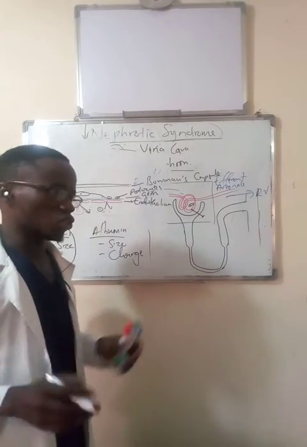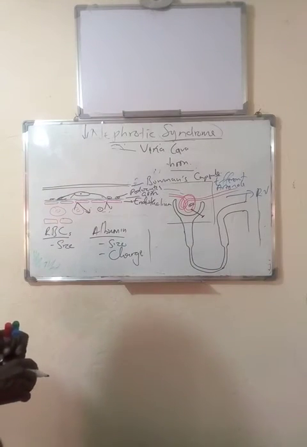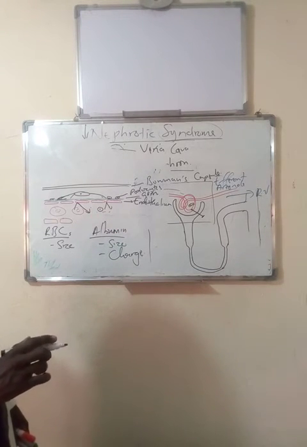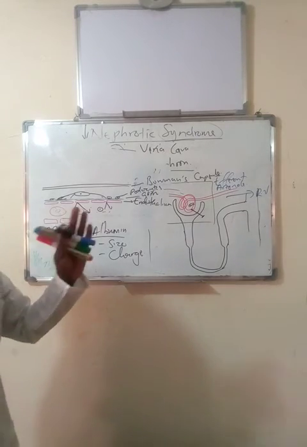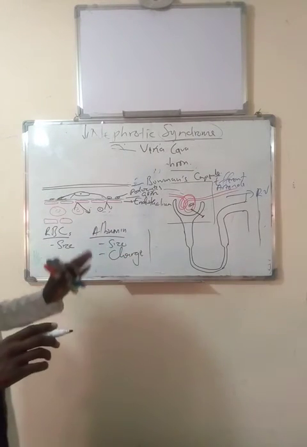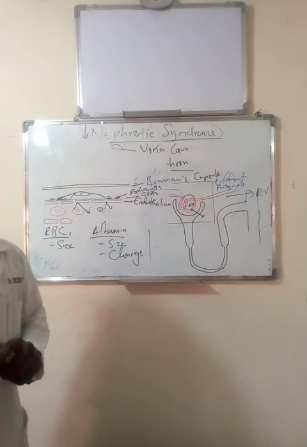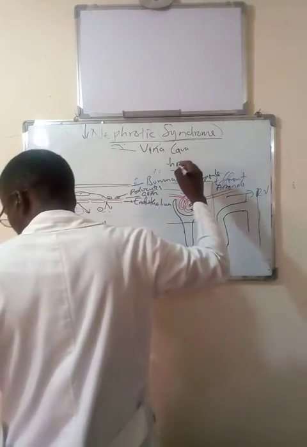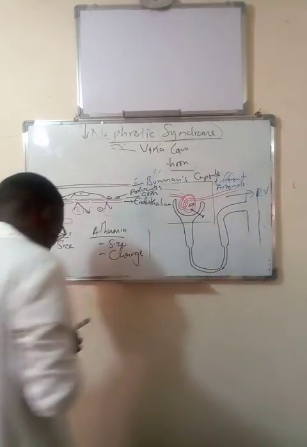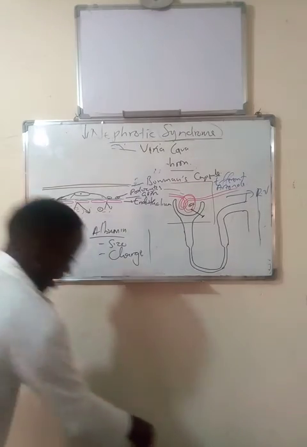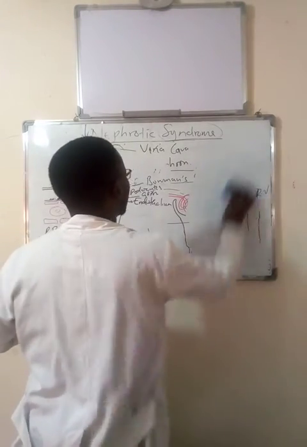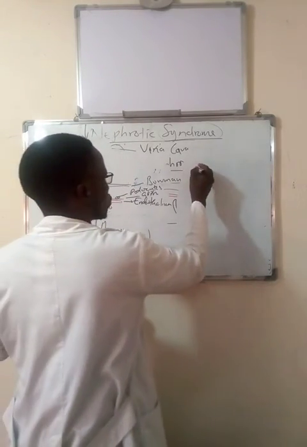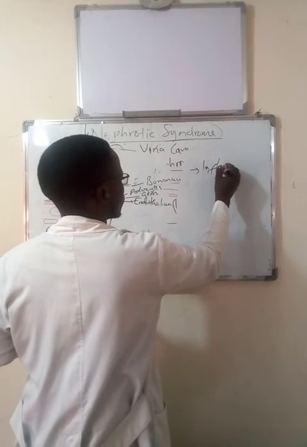This is what happens now in nephrotic syndrome. For whatever cause, which we said could be primary or secondary, there is going to be inflammation, and that is why this is called glomerulonephritis. Basically, this inflammation is a result of immune complexes,